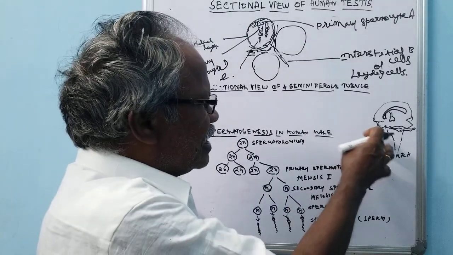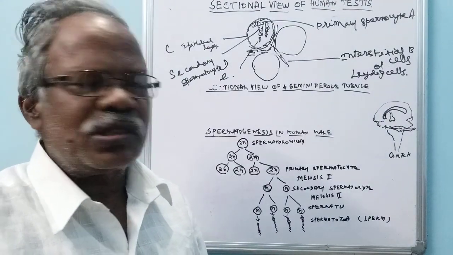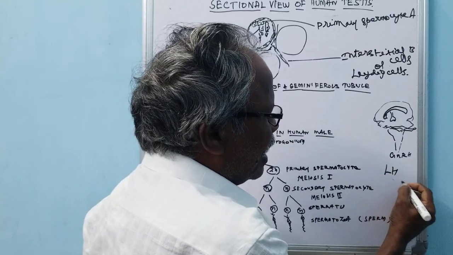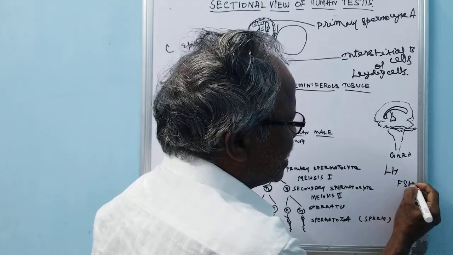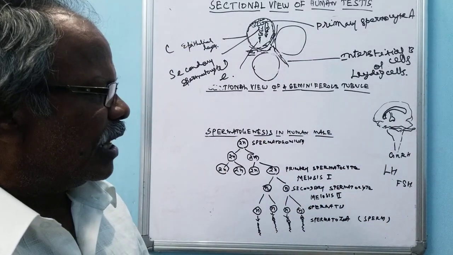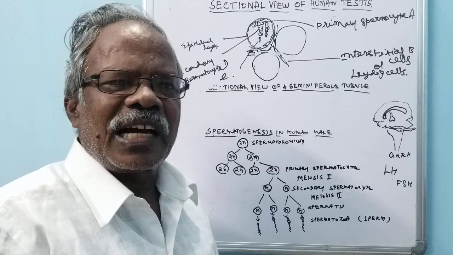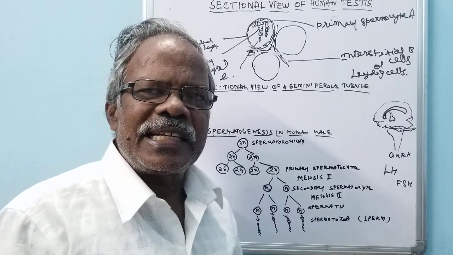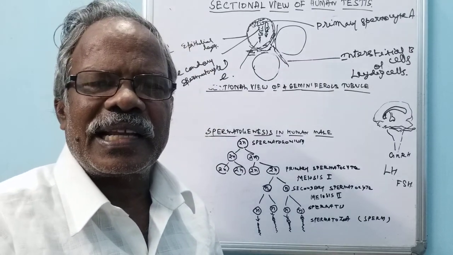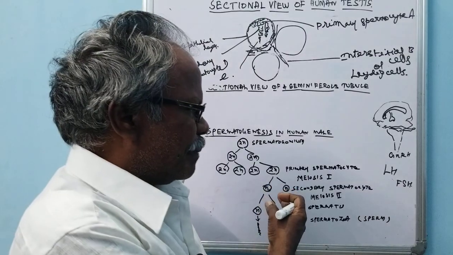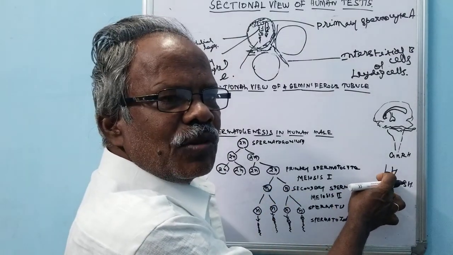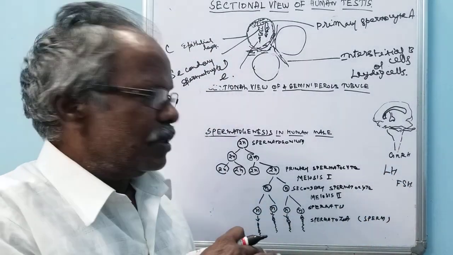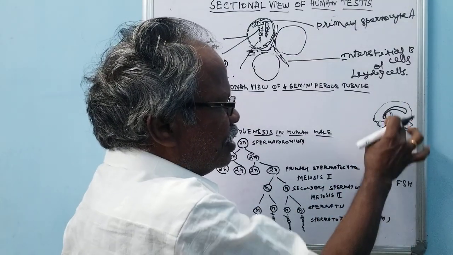The pituitary gland secretes two types of hormones, luteinizing hormone and follicle stimulating hormone, FSH. The gonadotropic hormone induces the luteinizing hormone to form androgen. Androgen is very essential for the secondary sexual characters and also for sperm production. Similarly, LH induces the follicle stimulating hormone to form the spermatozoa. So this is within the brain, the hypothalamus.